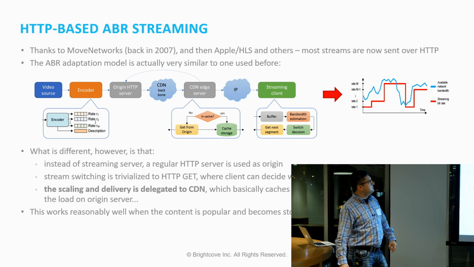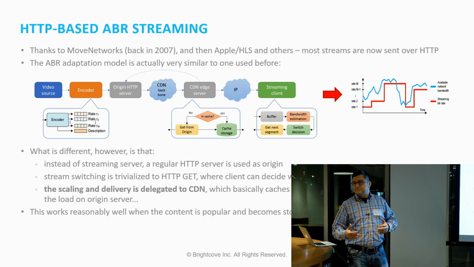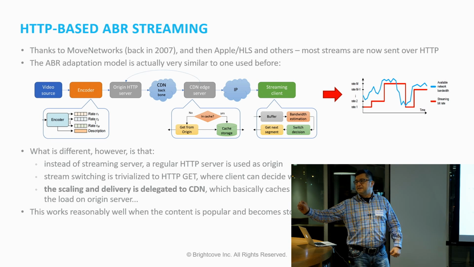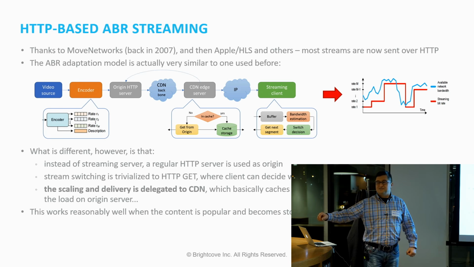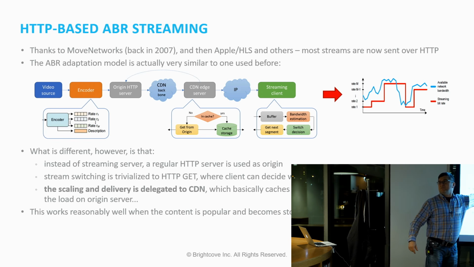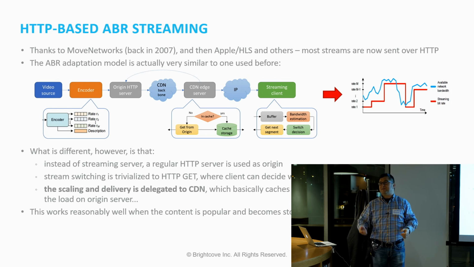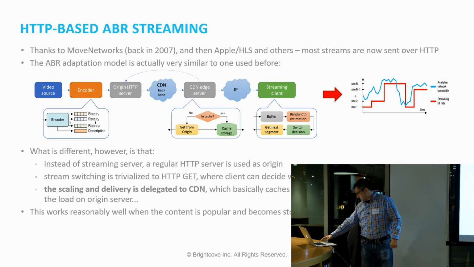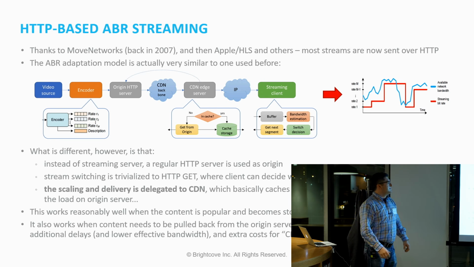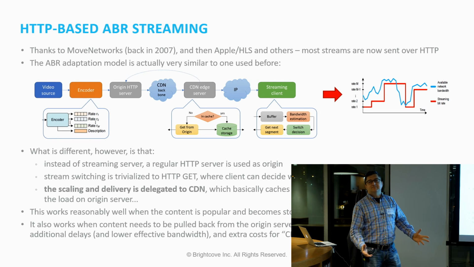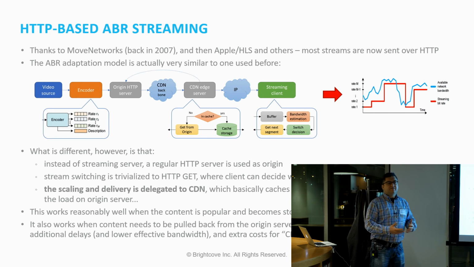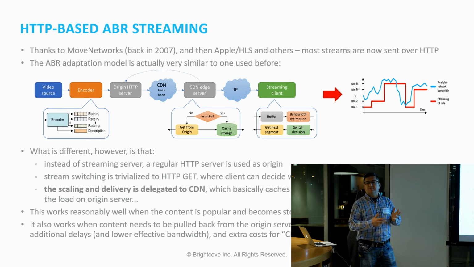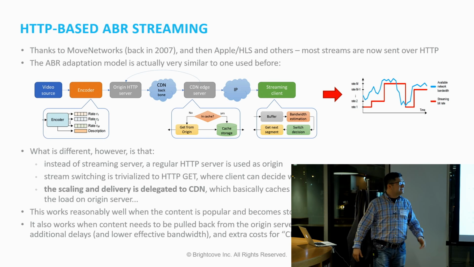So it works very well when you need to scale delivery for content that is popular. Why? Because if it's popular, it's going to stay in cache. If it's not popular, it's not going to stay in cache, and you're going to go all the way back to your origin and pull it. The only difference is that you're going to pay not only for the bandwidth that you deliver through the CDN, you also will pay for midgress to get it. So for popular content, it's the best thing. For non-popular content, it also helps. Why? Because CDNs usually have better backbones and can propagate content faster across different continents, for example.